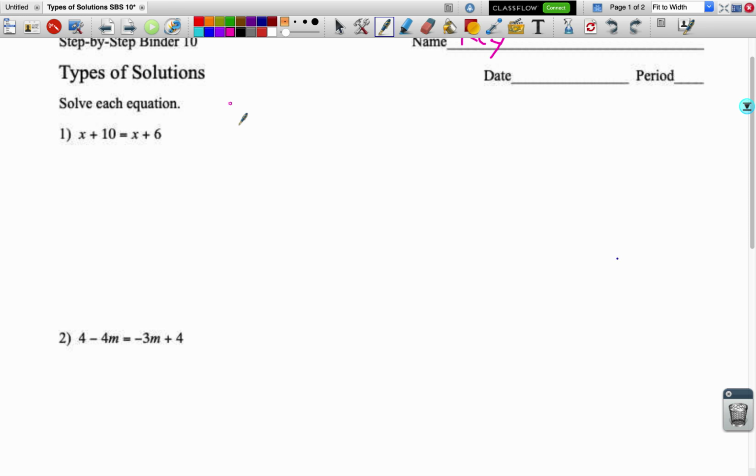So, types of solutions. Normally we just get one solution when we're solving, but there's other options. So we're going to go over some of these unique, special cases today, other things that can happen. But when you start solving a problem, you won't know that it's a special case until you're almost done solving it. So step one is going to be solve the equation